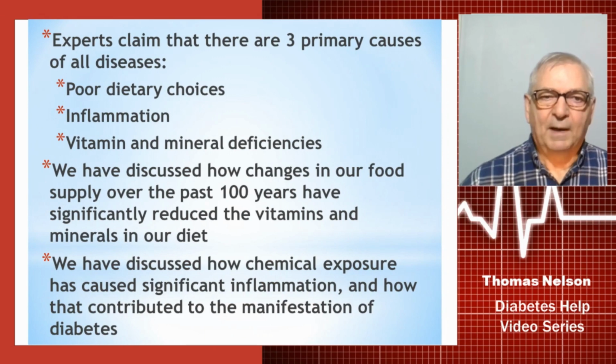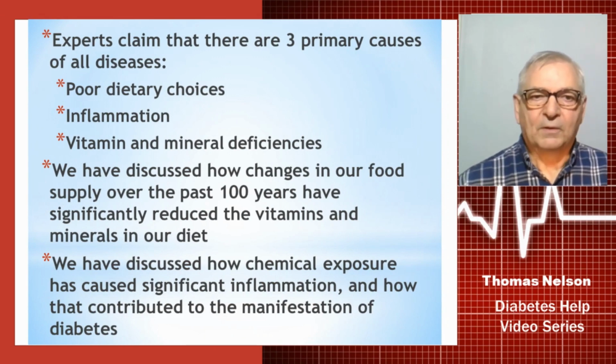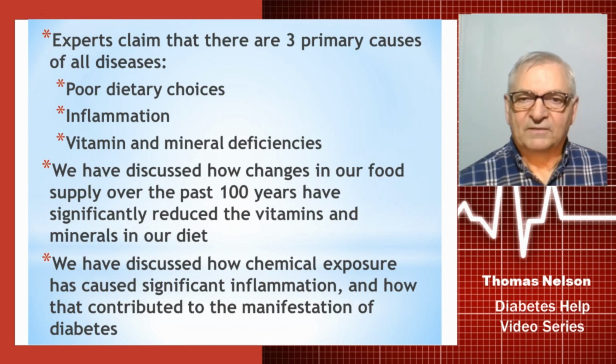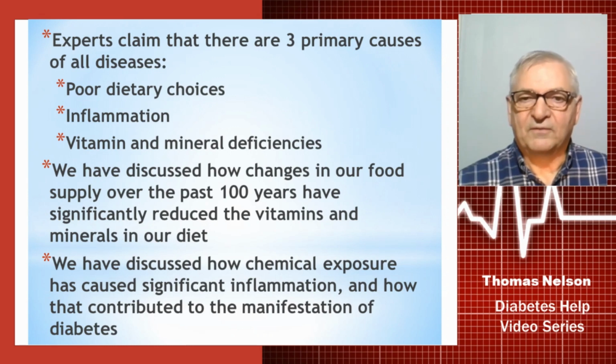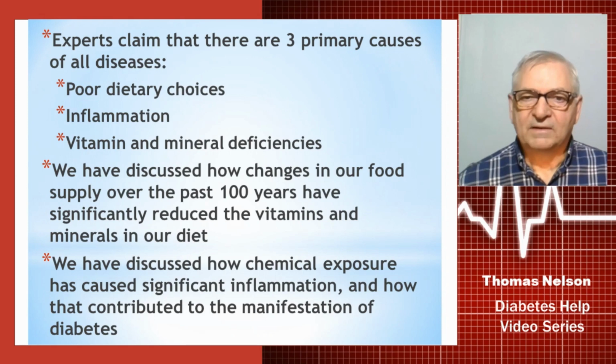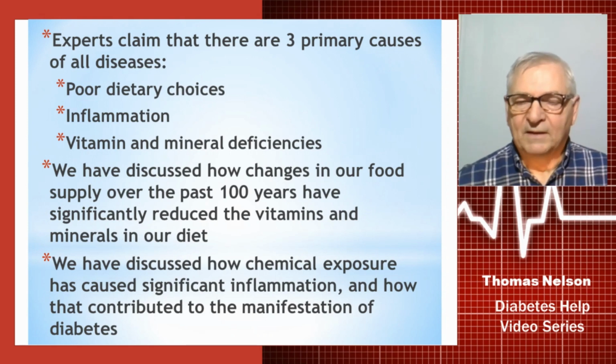Experts claim that there are 3 primary causes of all diseases: poor dietary choices, inflammation, and vitamin and mineral deficiencies. And from the previous videos, you probably can agree that that's how it all started. Poor dietary choices led to massive amounts of inflammation, and those massive amounts of inflammation led not only to a lot of other issues like insulin resistance and massive amounts of central fat, but it also set up the conditions for the loss, the deficiencies in the vitamins and minerals, which ultimately altogether caused your manifestation of your